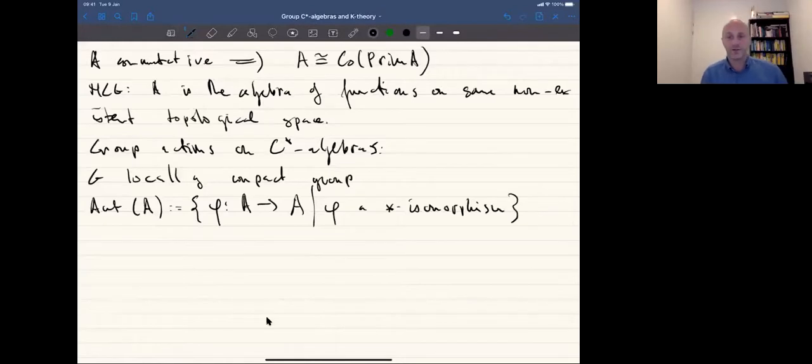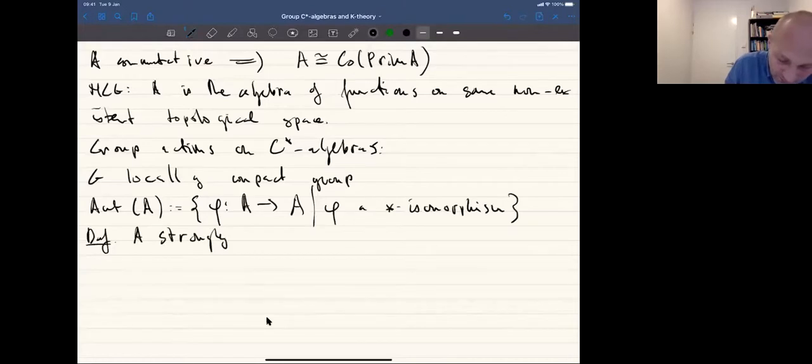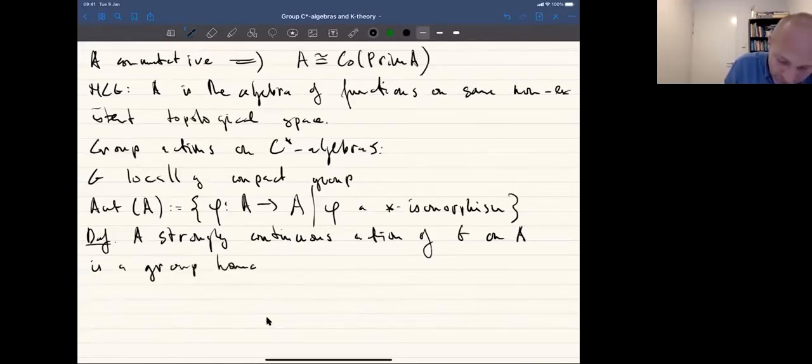This is clearly a group under composition, and we now define the following, namely a strongly continuous action of G on A is a group homomorphism, I will denote it by alpha, from G to Aut of A,